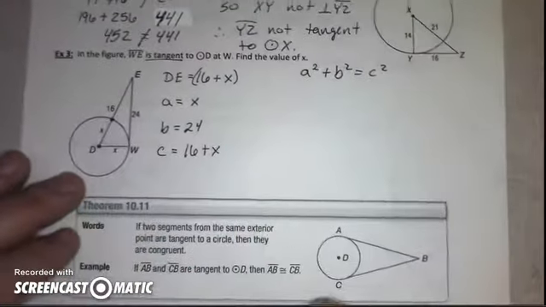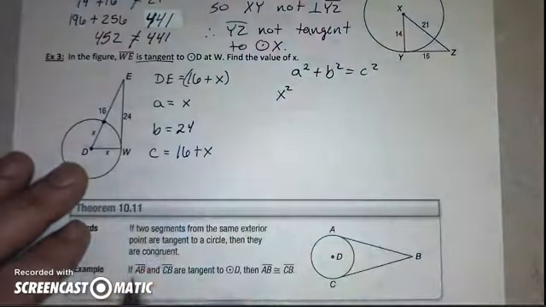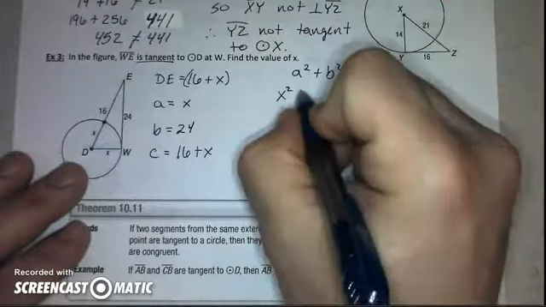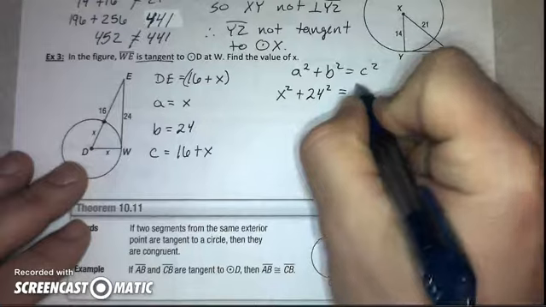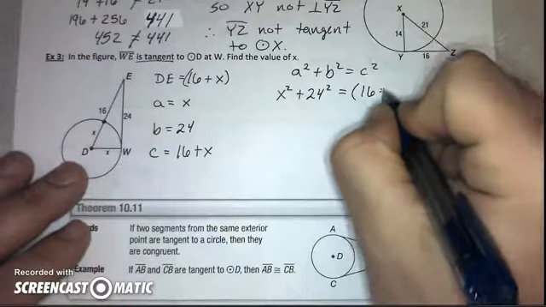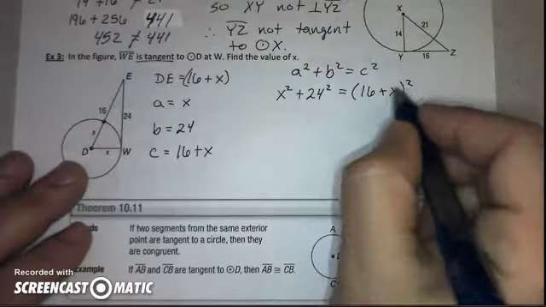We're going to have to do a little bit of algebra to remind ourselves how to do this. For A, it's just x squared. Or for A squared, it's x squared now. B is 24, so the next part is 24 squared. Now C squared is this. I'm going to help you out a little bit with this, and we'll come back to look at